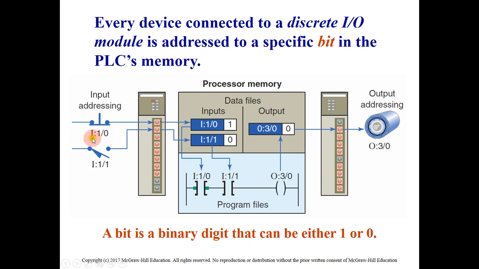So the first one has the address, for example, input slot number 1, terminal number 0, while the second one will be input slot number 1, terminal number 1. So both of them are on the same slot, which is slot number 1. This is slot number 1. How many terminals does it have here? It looks like 16 terminals, for example, or it has 8 terminals, or 32 terminals, 64 terminals. It depends how big this